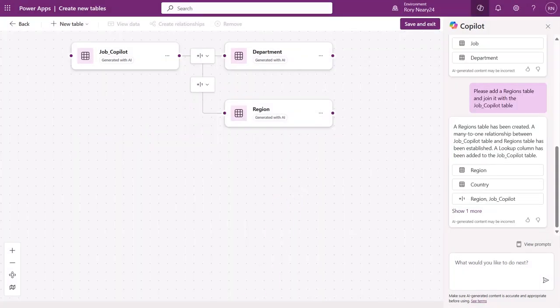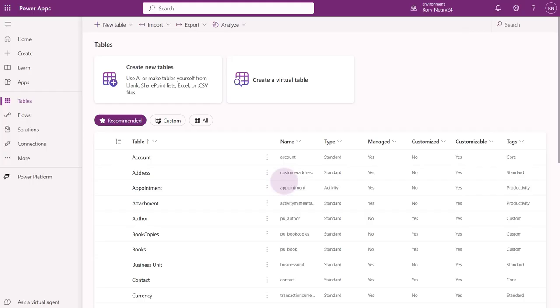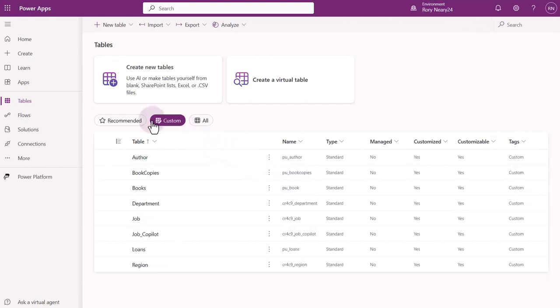If I'm happy with the data model that's been created, I can select Save and Exit. I've been returned to the tables interface, and I can select on the custom tables and I can see the tables that have been created. Job Copilot, region and department. If I select on the job Copilot table,